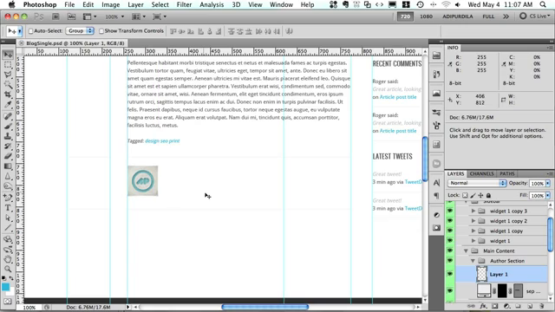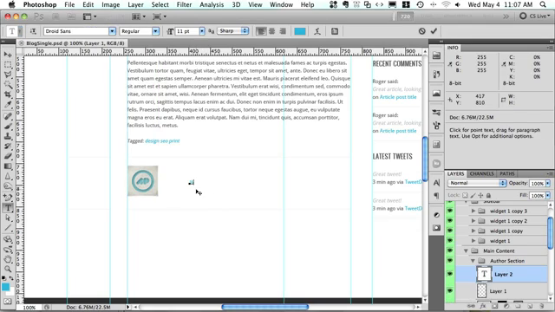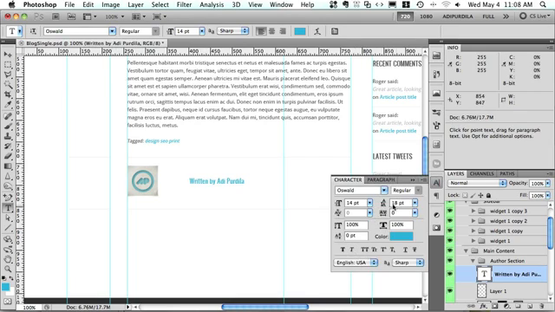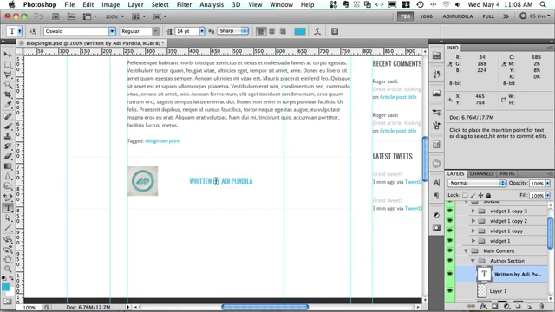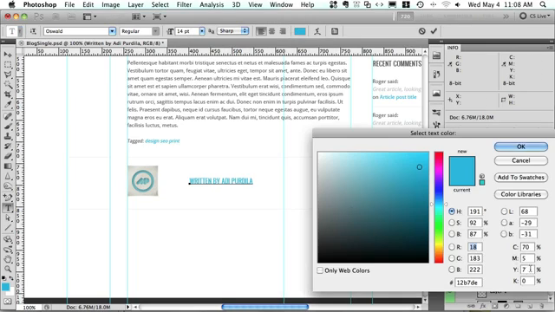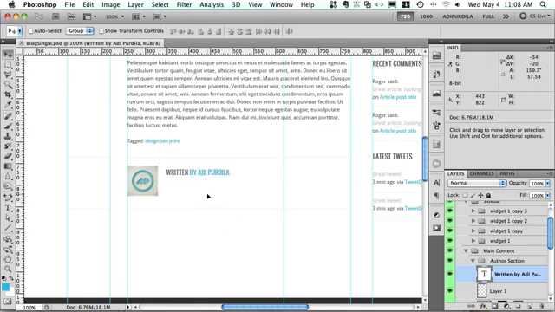About 20 pixels of margin, and let's say written by, okay, that's gonna be 14 pixels, Oswald. And like that. Color of the text is going to be 60, 61, 63, like this,